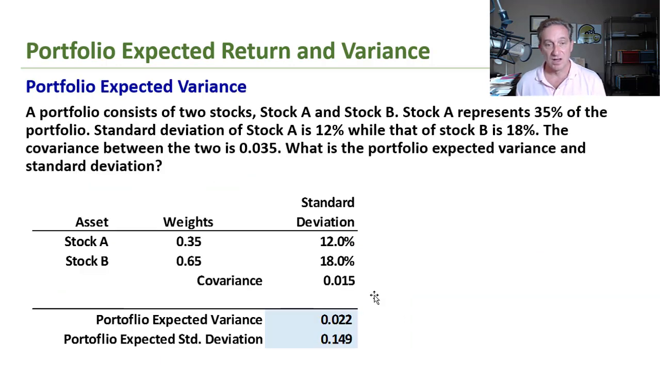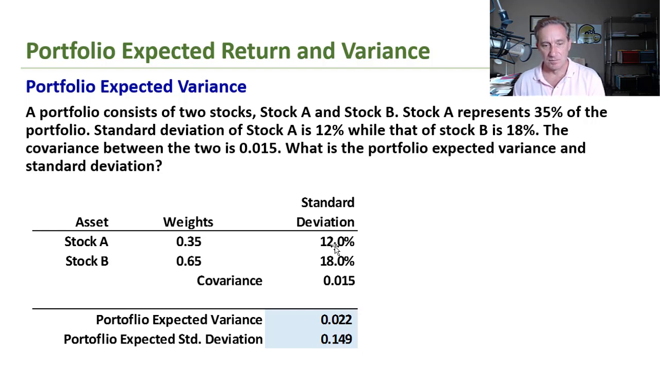So if we get to a problem like the following, consider a portfolio that consists of two stocks, stock A and stock B. Stock A represents 35% of the portfolio, that's right there. The standard deviation of stock A is 12%, while the standard deviation of stock B is 18%, and the covariance between the two is